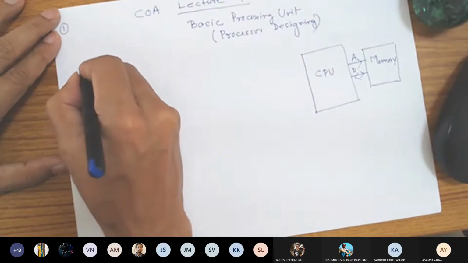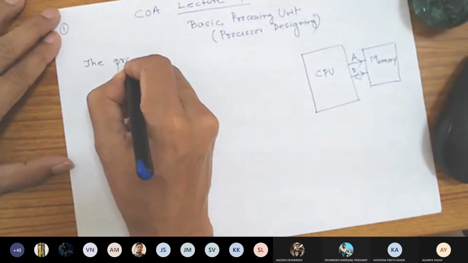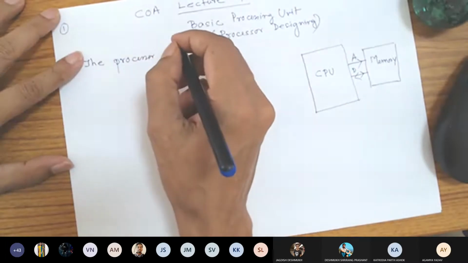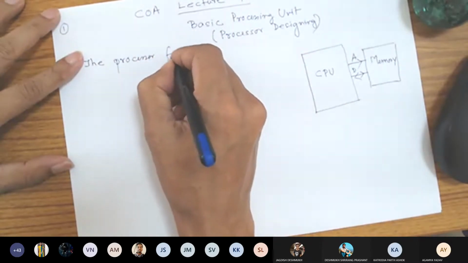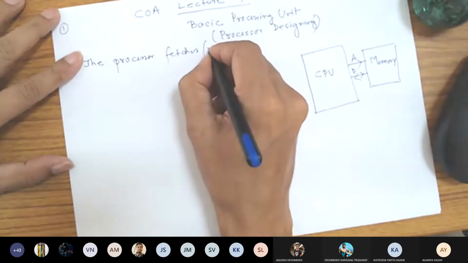The processor fetches, or I can write it reads.